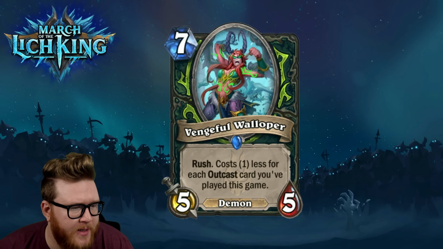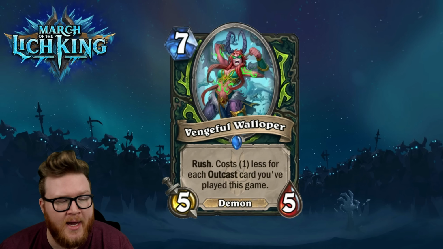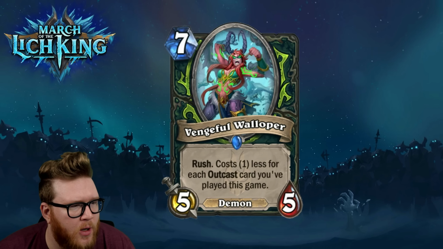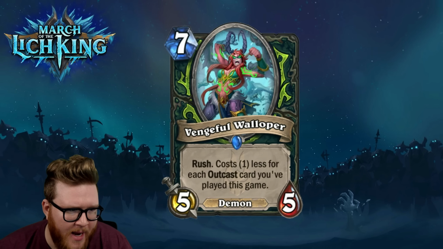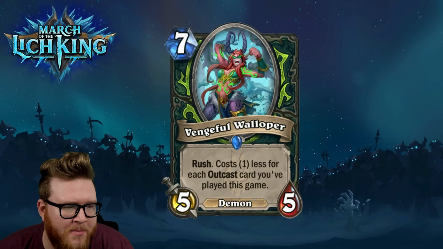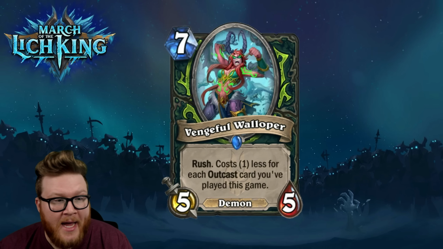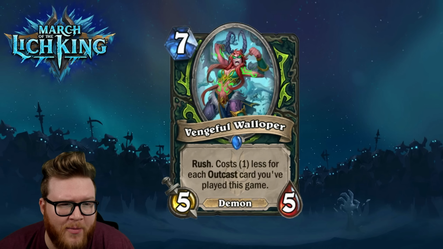All right, so moving on here to the Vengeful Walloper. This is a 7 mana 5/5 demon with Rush, importantly, and it costs 1 less for each Outcast card you've played this game. So I think this starts to feel like a pretty solid play around 3 mana. I don't think a 4 mana 5/5 rush holds up, actually, so maybe 3 mana. And of course if you get it down to 0 or something, the Vengeful Walloper could be a really big swing, both reacting to an opponent's board with rush, but sometimes just playing those 5/5s for free could be a really big threat dump,